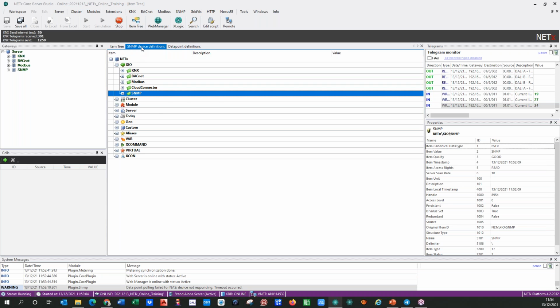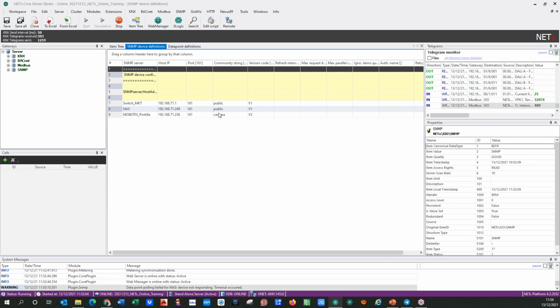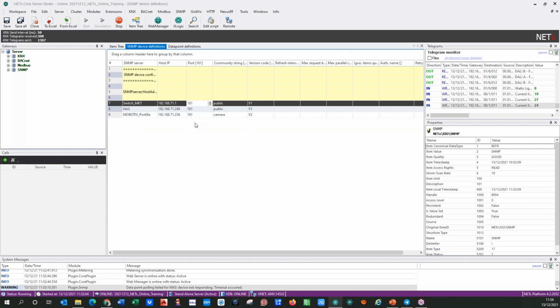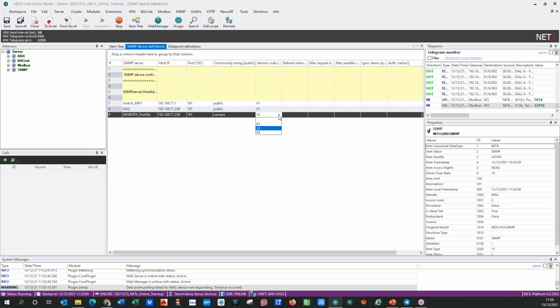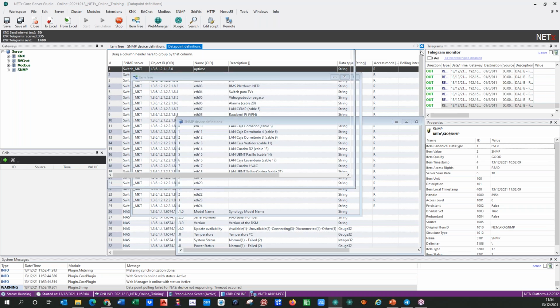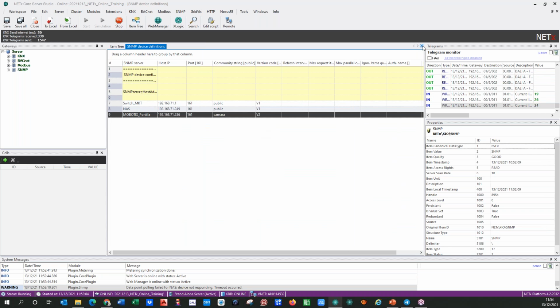So you just define the devices, define the version code. It's a port typically 161. The community string is also editable in the devices. We can choose any kind of version, 1, 2, and 3. The third version is possible with login specific permissions to access the devices. So it's really a complex protocol, but we don't have a lot of time to explain this. But as I will explain afterwards, in the knowledge base it is also possible to take a look at these examples. Okay, so